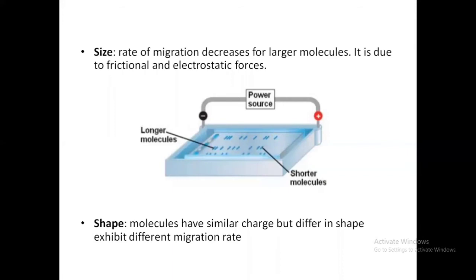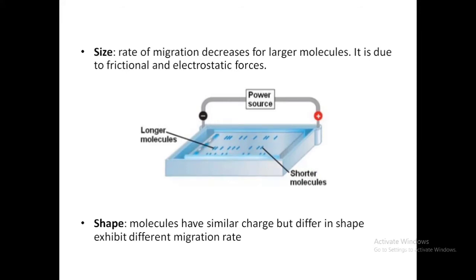Now you see large molecules. As I told, if the molecule size is large, it won't move very fast. Migration rate will be low. Migration rate is going to decrease. That's why for the large molecule you got a zone nearby, right there itself. You see the shorter molecule. The shorter molecule has more migration rate, no? That's why you see it was eluted at last. So the zone for the shorter molecule you got at last. Clear now? If the size of the molecule is large, migration rate decreases. If the molecule size is less, migration rate will be very much more.